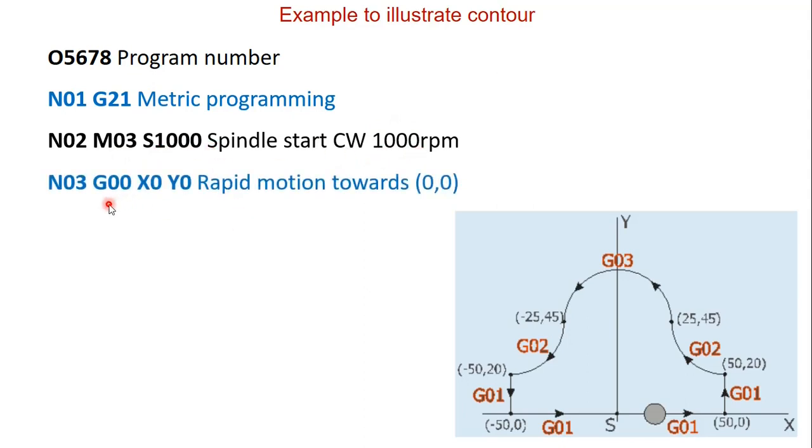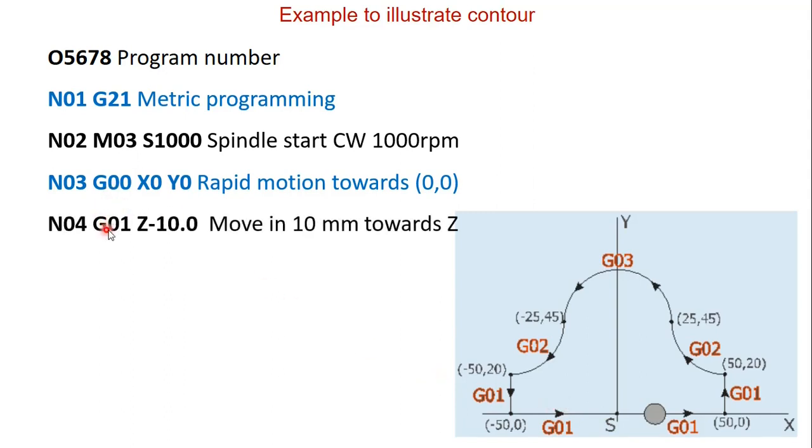Then the tool moves rapidly, G00 is nothing but rapid operation, and X and Y are the coordinates. Let's say the tool is somewhere, so it has to rapidly move and reach 0,0, that S position. Once it reaches here, it is in rapid operation, and we don't want any milling operation in between. Then we go in a linear motion to a depth of Z minus 10. So the tool will be here at minus 10. From there the actual face milling operation will start. Let's see how it is done.